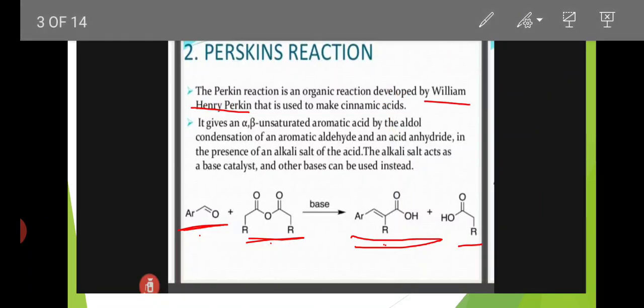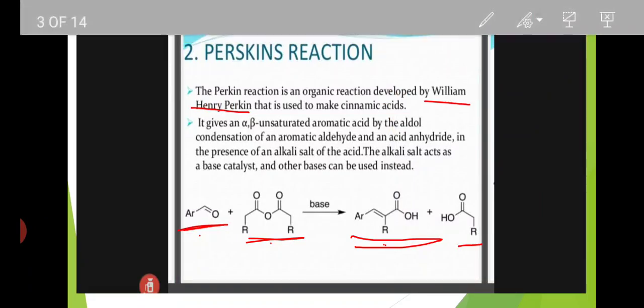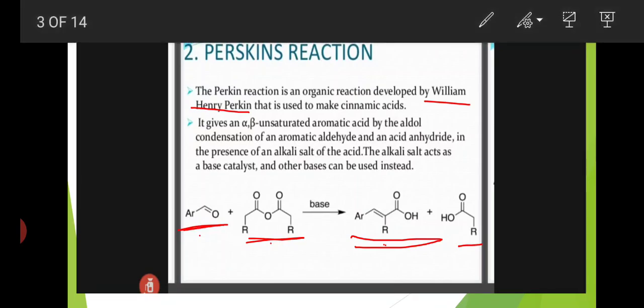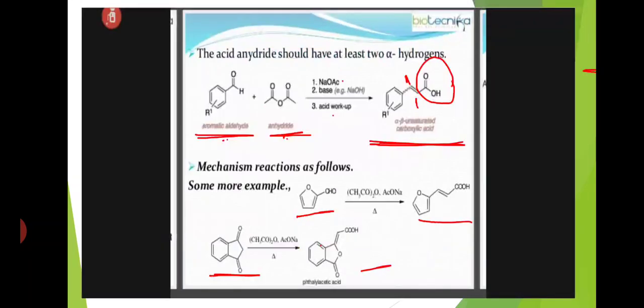Example here: aromatic aldehyde reacts with acetic anhydride in the presence of a base and forms alpha beta unsaturated aromatic acids. Mechanism: the acid anhydride should have at least 2 alpha hydrogens. Aromatic aldehyde reacts with anhydride in the presence of sodium acetate and forms alpha beta unsaturated carboxylic acid. Mechanism reactions are as follows. Some more examples here: furanaldehyde reacts with acetic anhydride in the presence of sodium acetate and forms